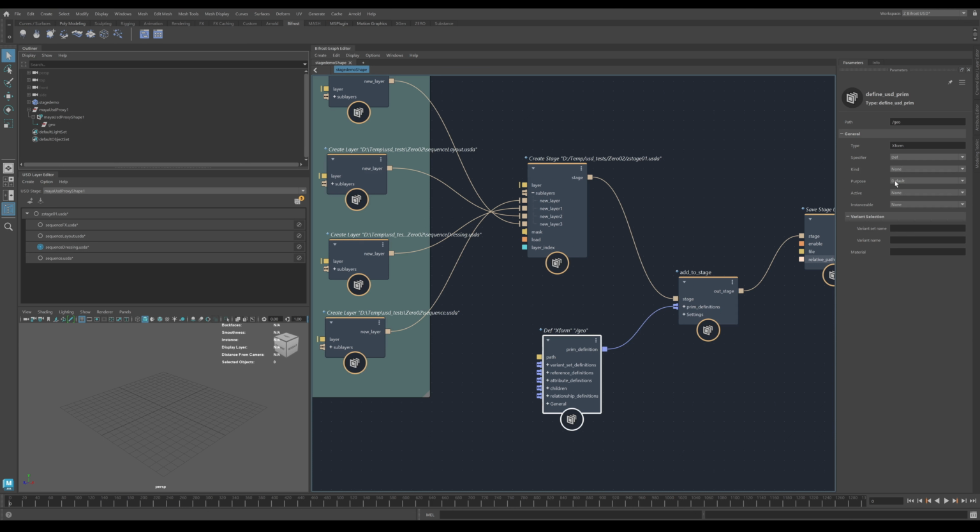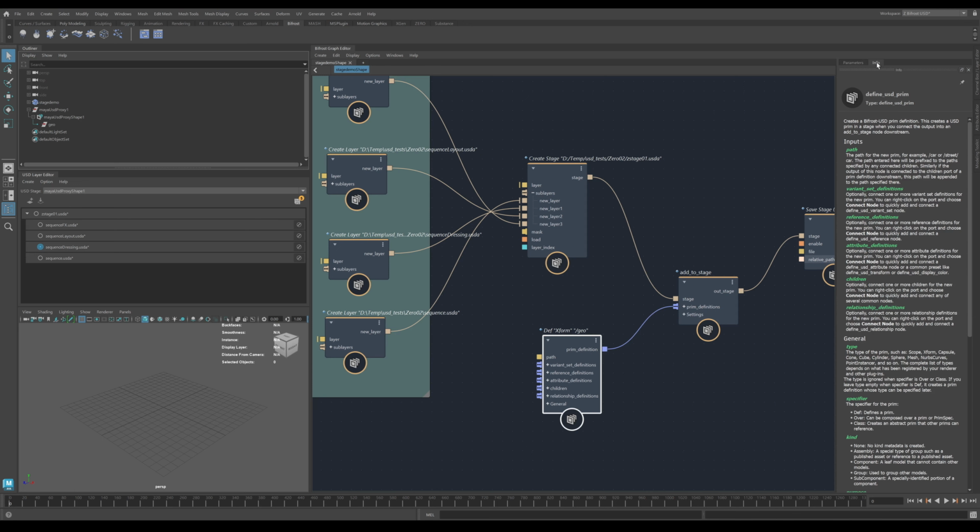So I'm just going to cover some basic primitive concepts. Now, the type of prim that's been defined here is an Xform. An Xform is basically like a transform node, or essentially like a parent or group node in Maya. And again, Xform is actually a specific USD definition, and we can see this in the info